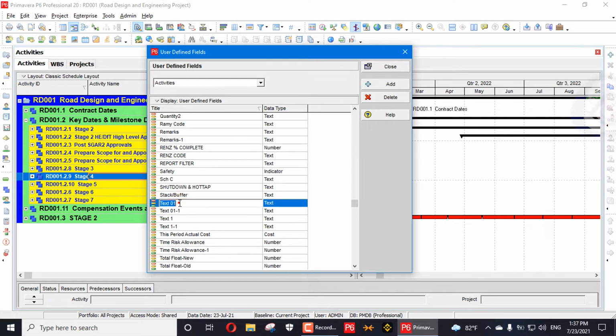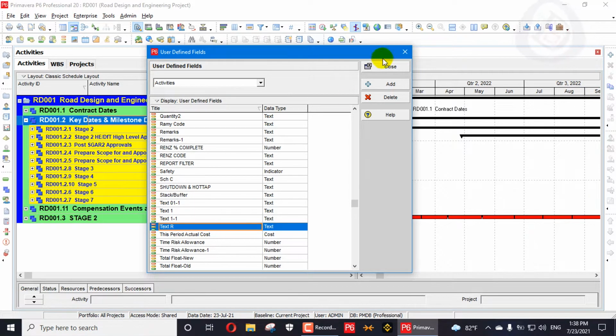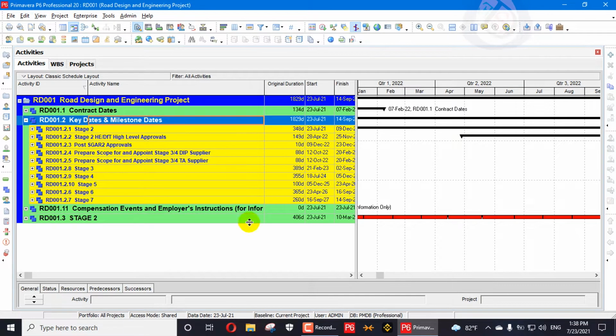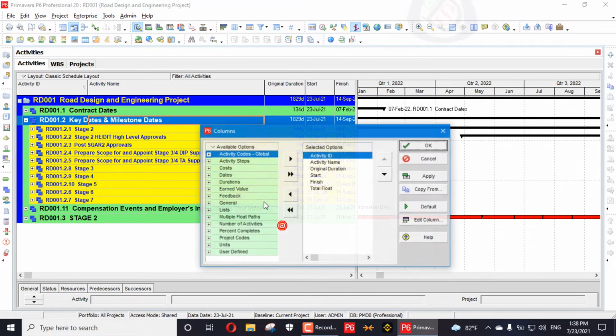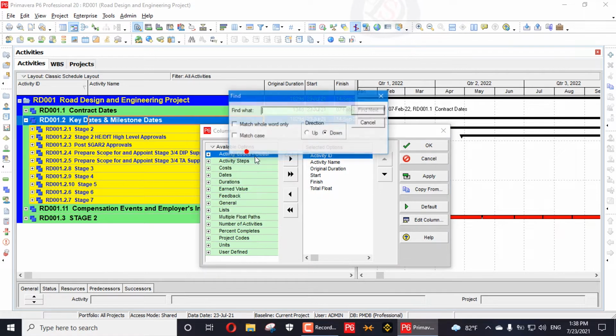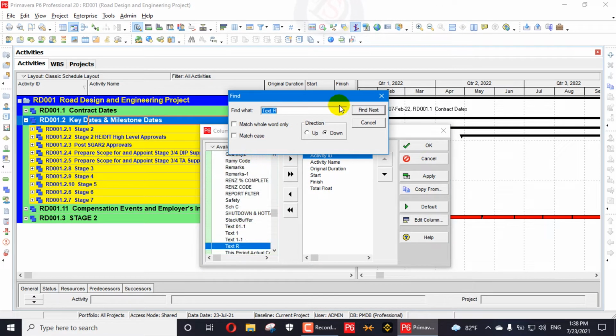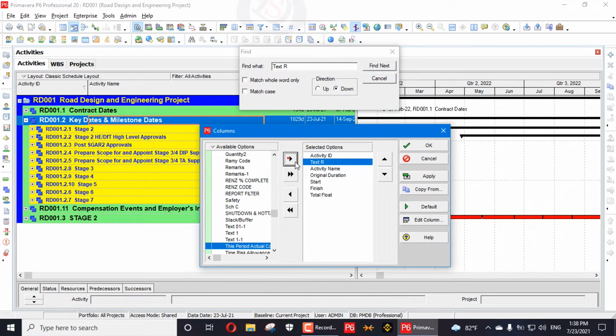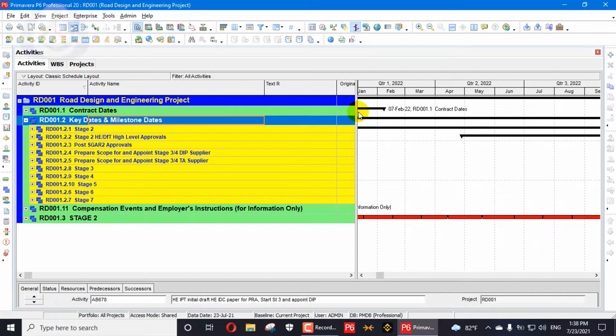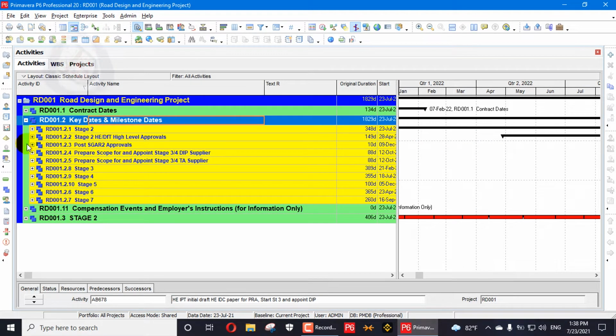So I will change the name to Text R, so it will be easy to find. So I will go here in the column and find Text R. So we did find Text R here, and we will put it after the activity name. Apply, OK. So here we created a column with the name of Text R.